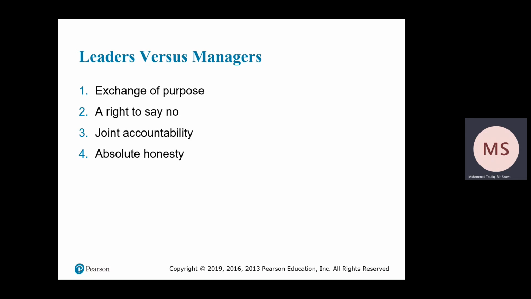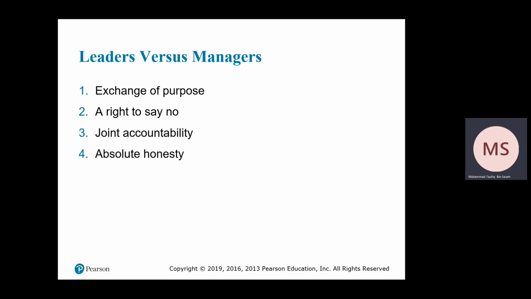This is another area where managers are lacking. Most of the time, managers tend to hide something from the staff. For example, most of the time managers also take instructions from above, from the top management. So when they pass them on to their staff or workers, there are some things they do not share because some are confidential. But if you are a leader,